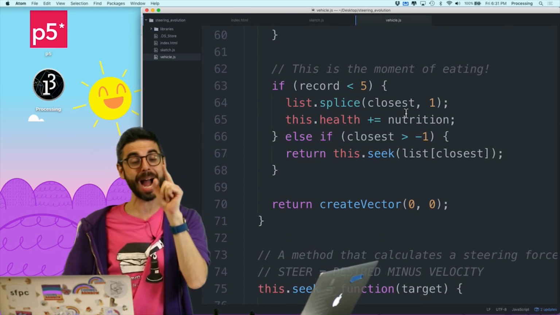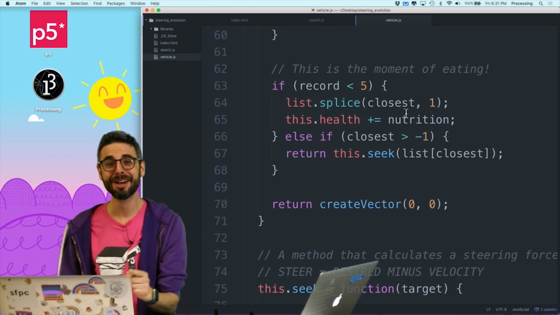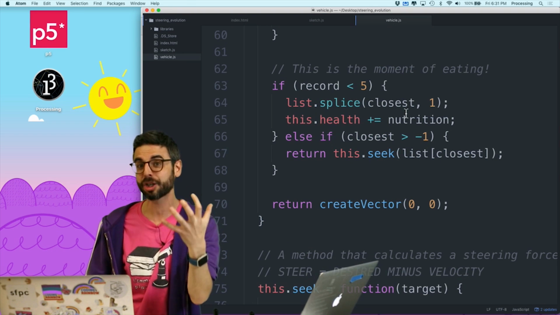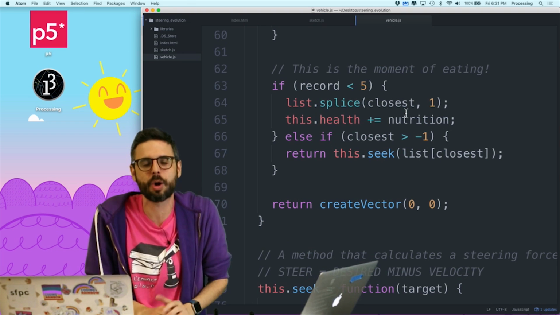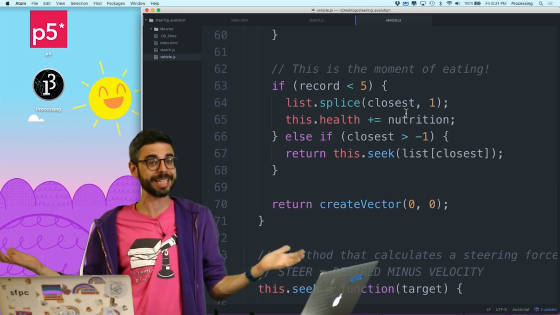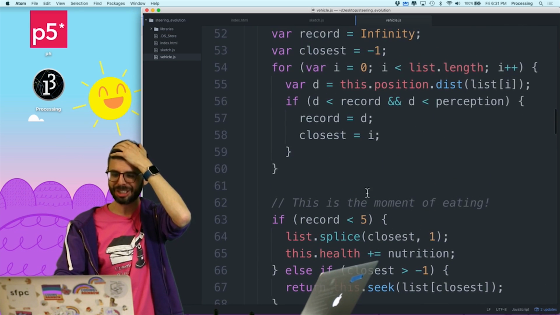Now my desire was for that perception radius to only be something that determines whether it is attracted or repelled. But if it wanders across the poison by accident, it should still eat it. And same for the food, honestly. It should get to eat the food whether it perceives it or not. So one thing I should really do here,